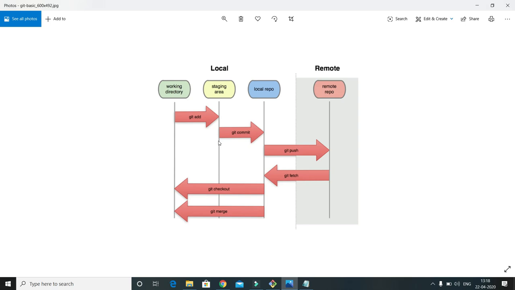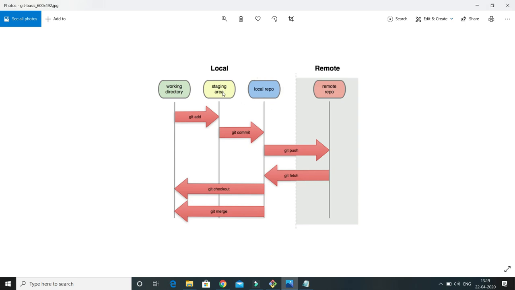Now, if we want to commit our staged files, which are already available in the indexing area or staging area, then we use the git commit command so that we can commit our changes into the local repository.